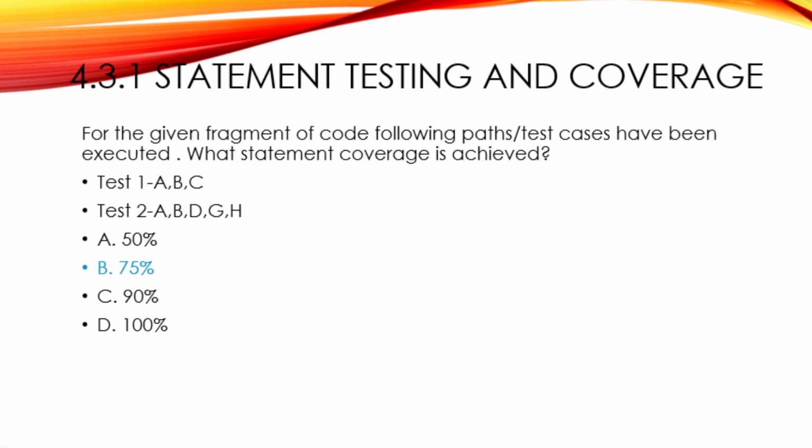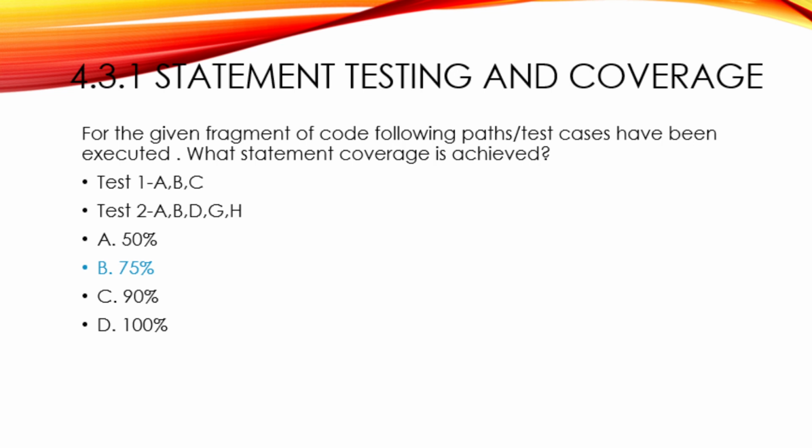So in statement testing and coverage, here is another example. For a given fragment of code, the following path test cases have been executed. What statement coverage is achieved? In this case, the correct answer is B, 75%. How is it correct? We have test 1 as A B C and test 2 as A